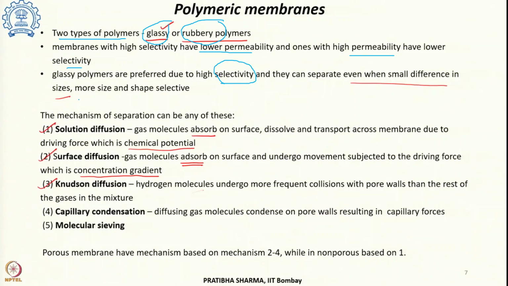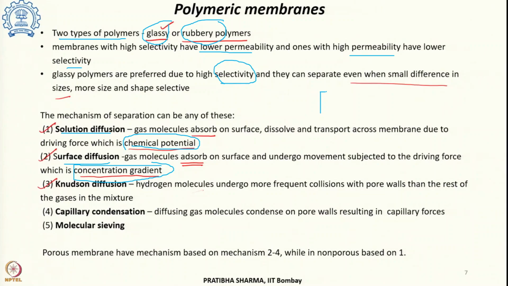The mechanism of separation through the polymeric membrane is the solution diffusion process and the surface diffusion process. Solution diffusion process means this occurs chemically. Surface diffusion process occurs due to the concentration gradient. Chemically occurs means